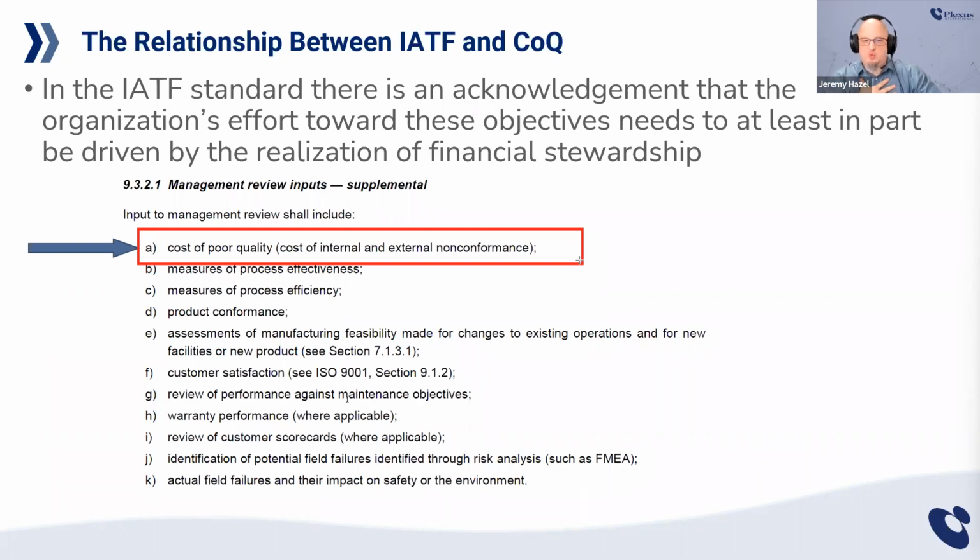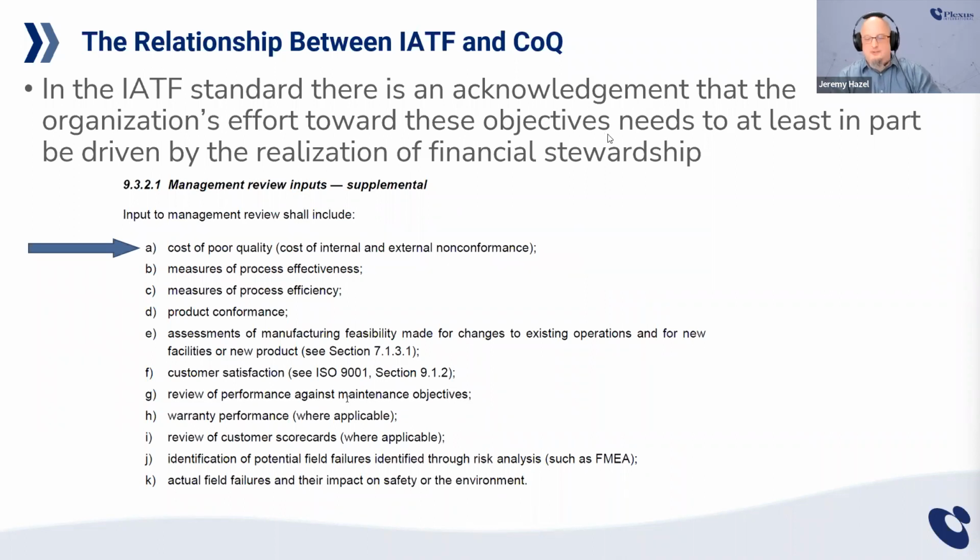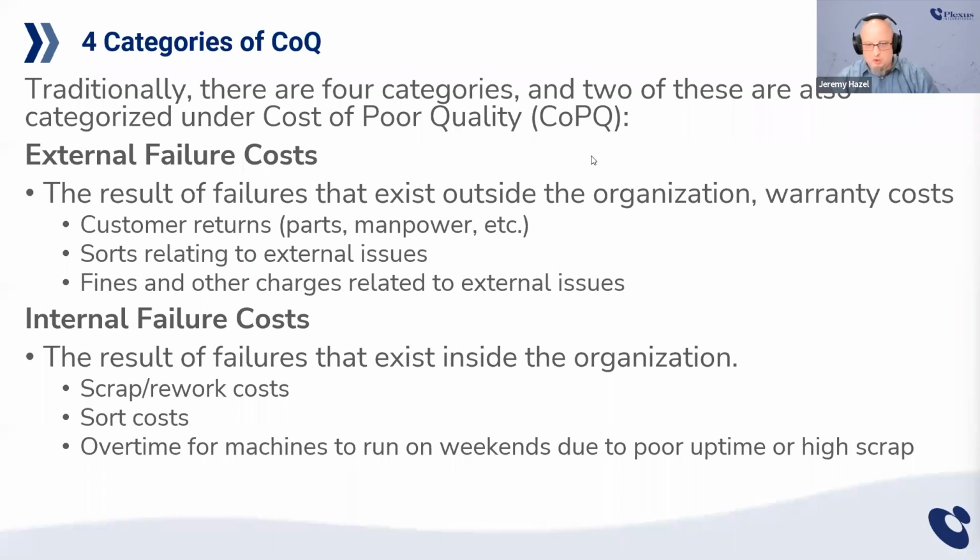For me, this is one of the most important additions into the 2016 version, because finally, as auditors, we have a target. The very existence of cost of poor quality in your management review for audit program managers means you now have a target with measurable performance. That's huge. So without this foundation, we may not be successful in the next step of our journey. Let's take a look now at the traditional 4 categories, okay?